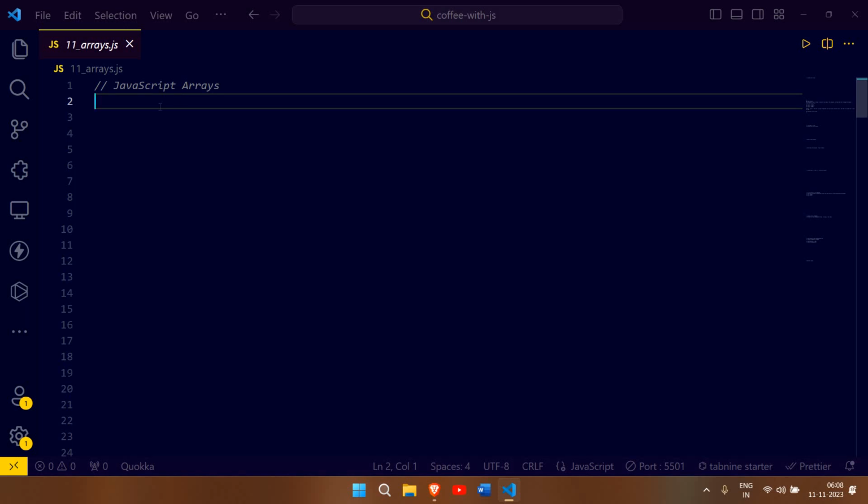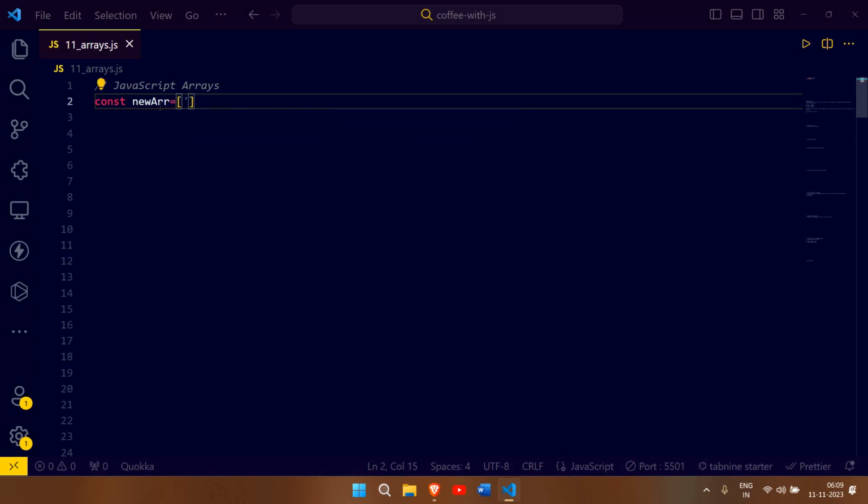Arrays in JavaScript. I think you all have a basic understanding of arrays, whether you are from second year, third year or fourth year. How do we declare an array? What is the need of an array? But still, we will have a quick recap. So in JavaScript, how do we declare an array? Let's take an example, const new array